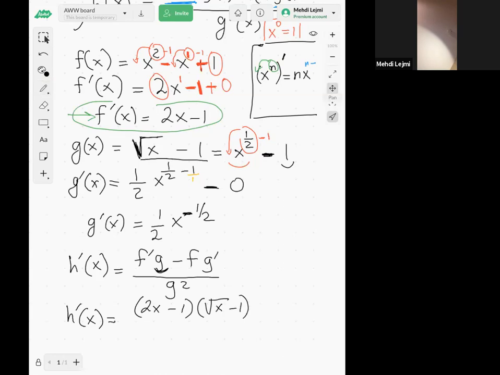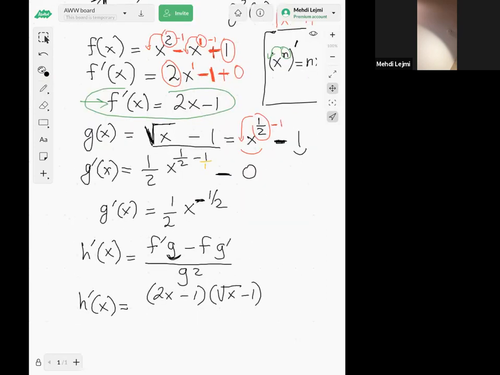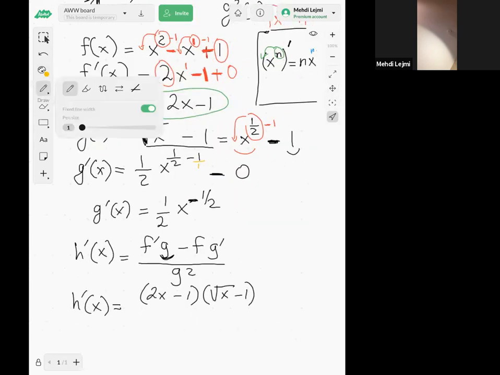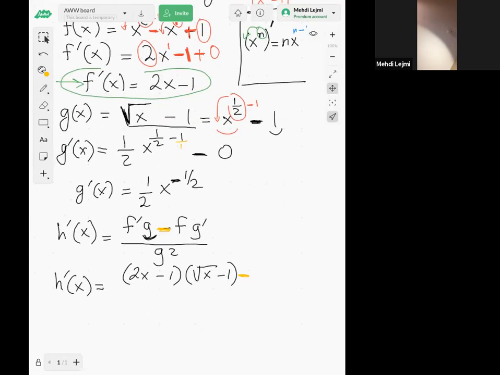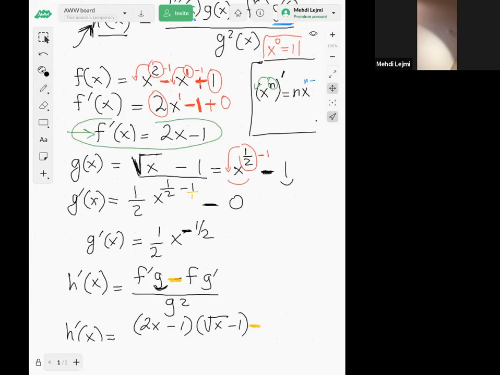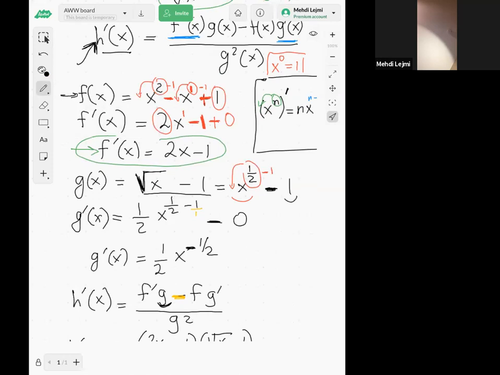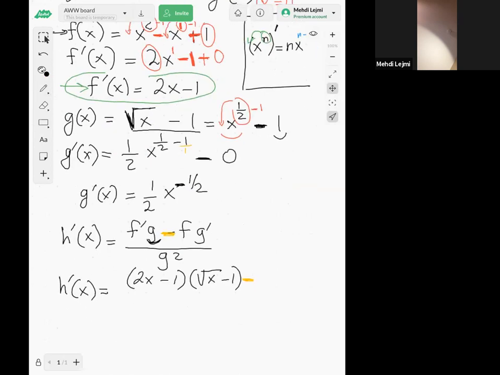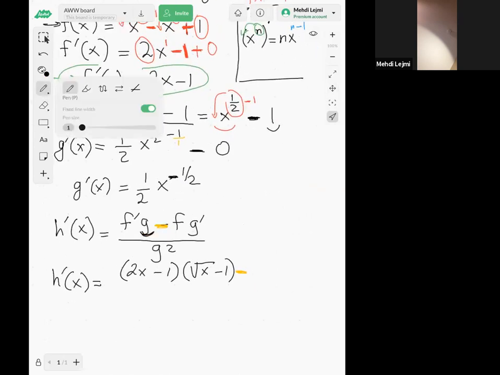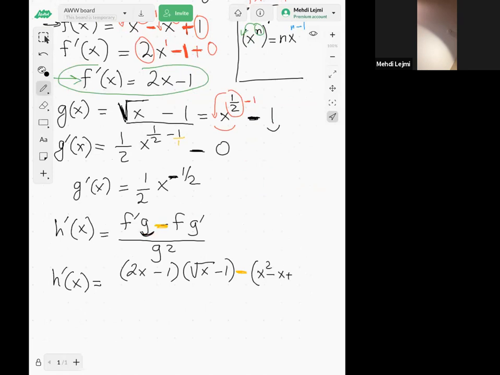Now, there is a minus here. This minus, so I'm going to subtract, right? And then we have f, right? So where's my f? Well, f is the x squared. Here's my f. The x squared minus x plus 1, right? So minus x squared minus x plus 1, right? That's my f. And then times